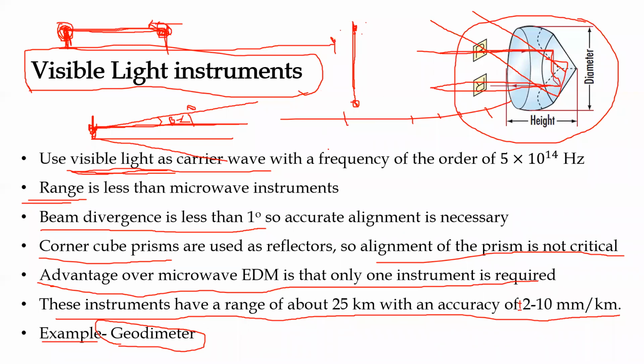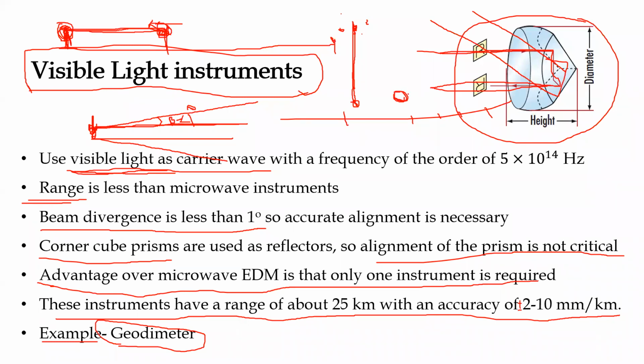Also one more thing, as I said, the alignment is not critical. Alignment is not critical means you cannot place your instrument here or there. You have to place it directly along the line of sight. Now that is one kind of alignment. The other type of alignment that you can think of is by what angle you are